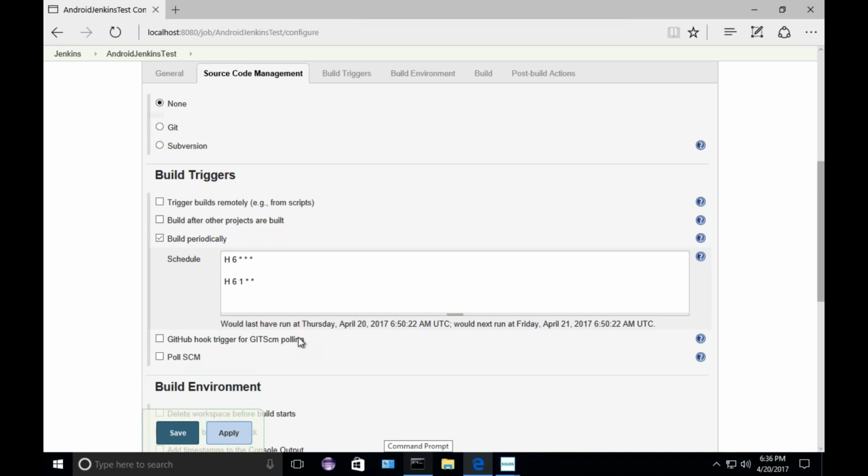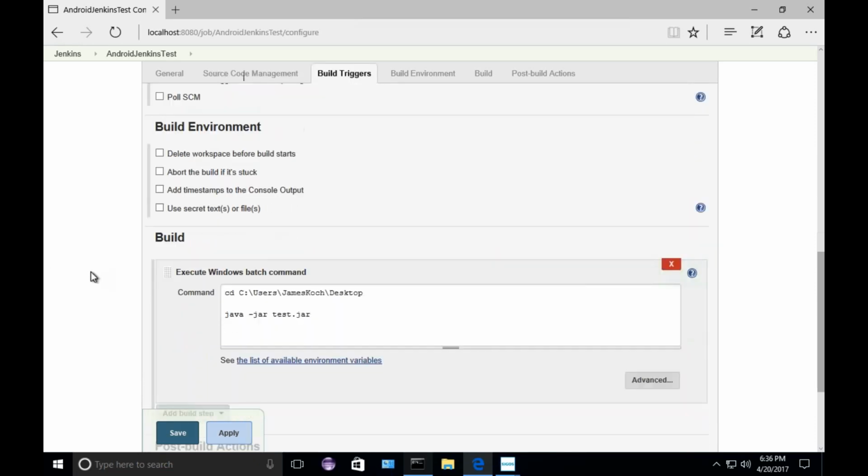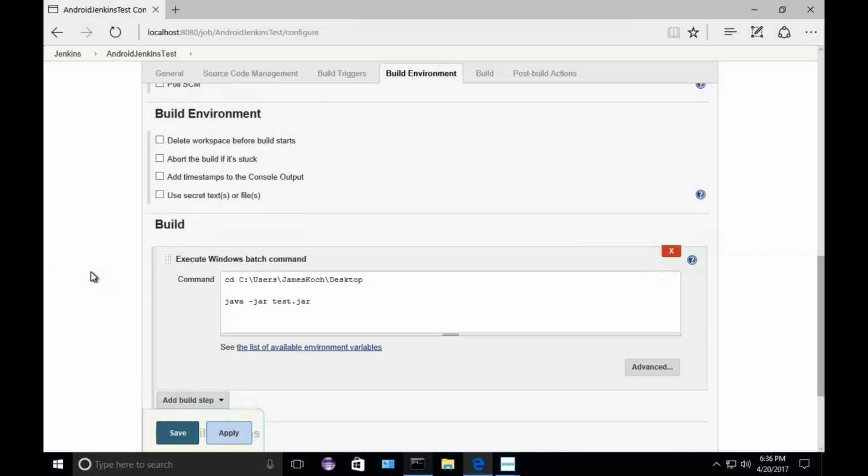I also have it set up so it runs on the first of every month. There's not 31 days in every month, so you can't really use the 31st, or you could use the end of the month. You can use the last day of each month. But I want to set this up so that if your organization has a new development build once a month, your automation could automatically kick off on the first of every month at 7 a.m. as well. And the actual process that's going to kick off is that same routine that I just did on the command line. We're going to change directories to the desktop, and we're going to launch the Java jar.